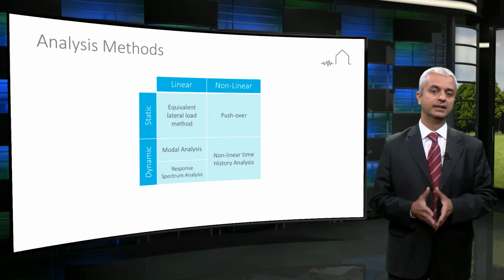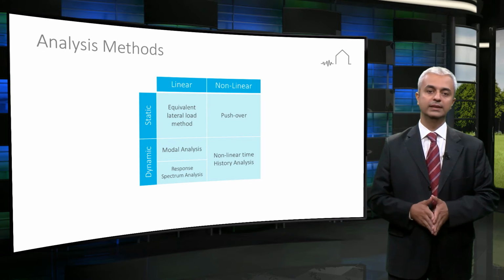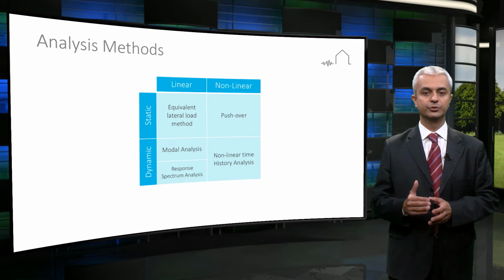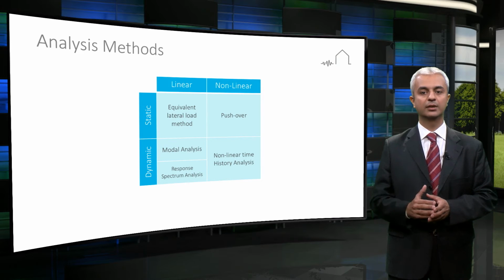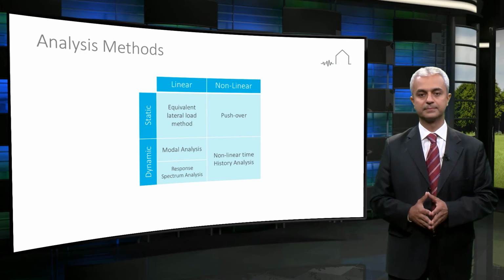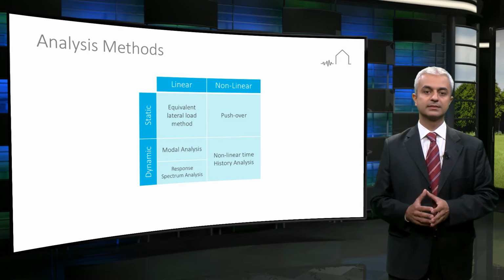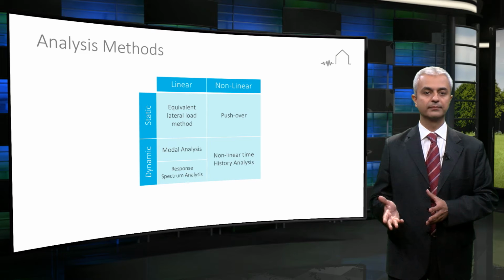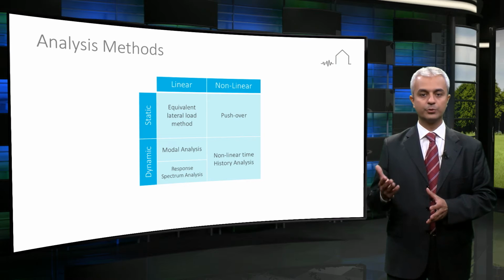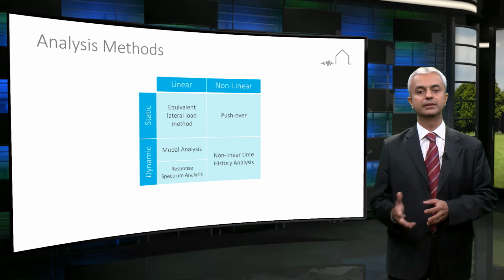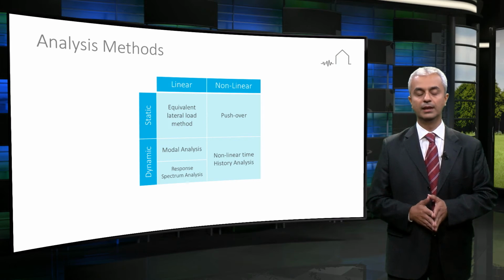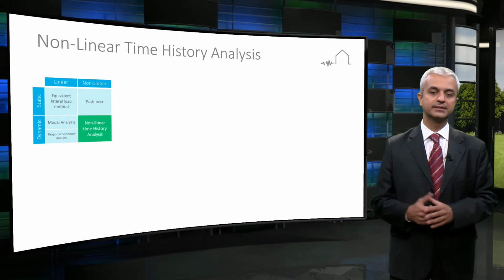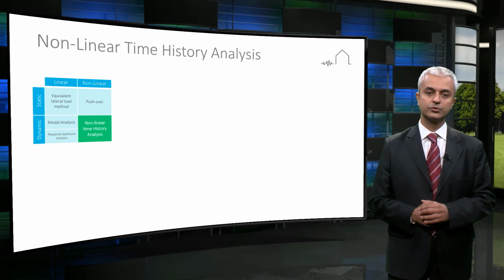As discussed in session 3.2, when linear methods are used, a response modification factor is introduced to simply take into account the nonlinear behavior of members. Analysis methods can then be listed as follows: equivalent lateral load method, response spectrum method, pushover analysis, and nonlinear time history analysis. The most accurate and reliable method is the nonlinear time history analysis, which is also the most complex one,